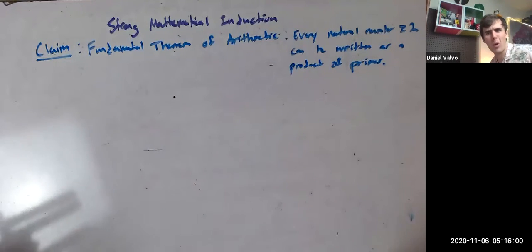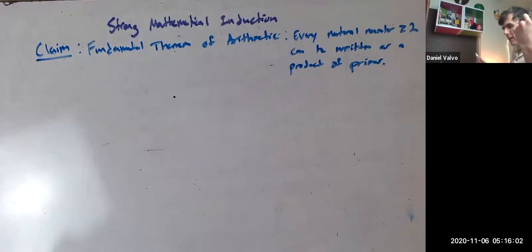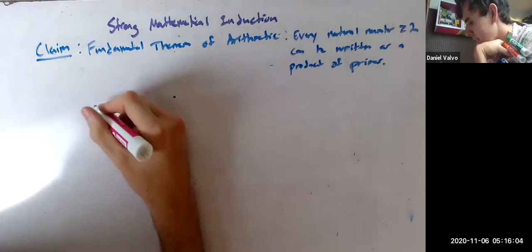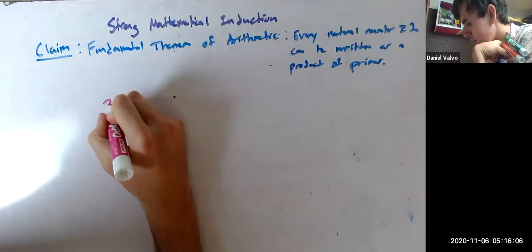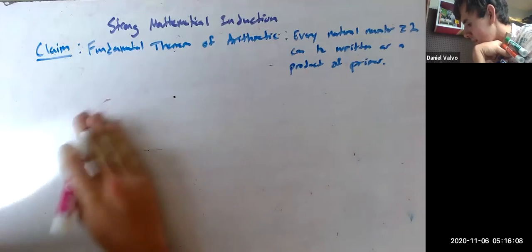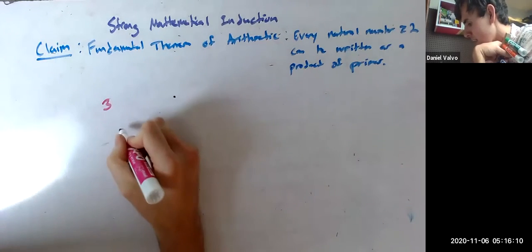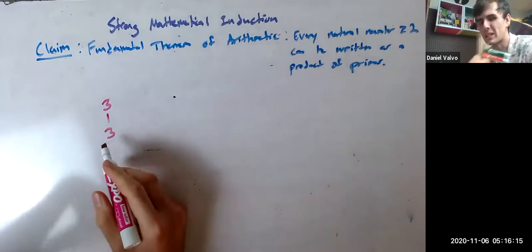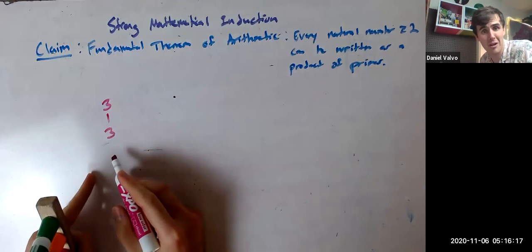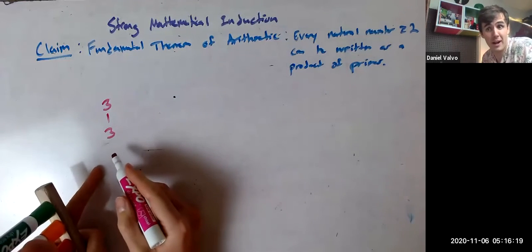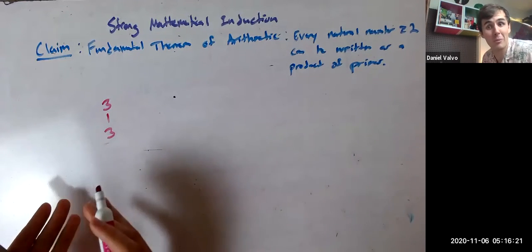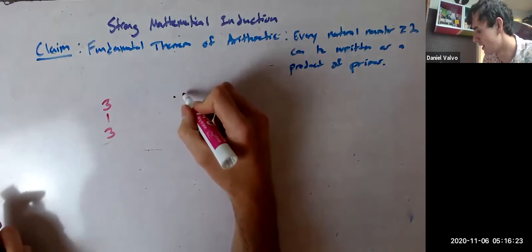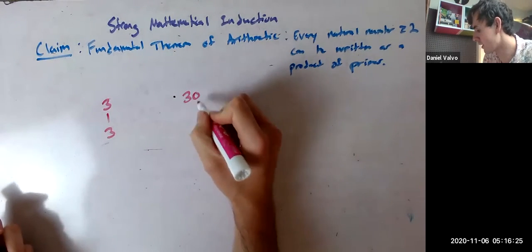And we kind of talked about why this should be true before. We talked about, hey, if you have 3, it can obviously be written just as 3, which is a product of primes on its own. 3 is prime, and we're just multiplying it by nothing, but on its own it works. But then if you have like 30,